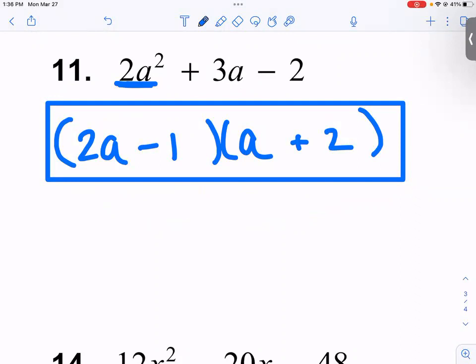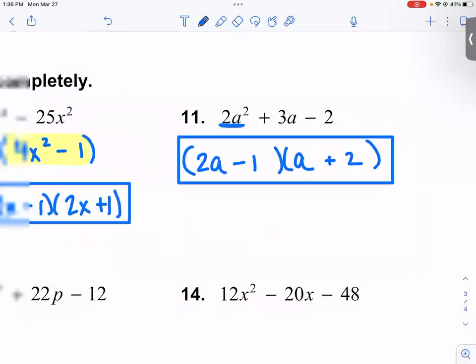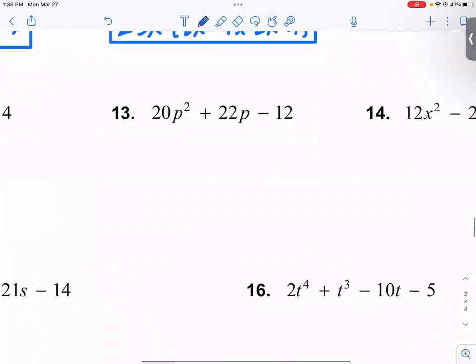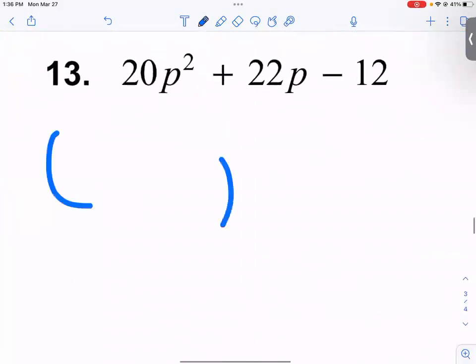If you don't check to make sure the GCF is factored out first, like number 13, if you just start going like this and try, you're gonna have a heck of a time. In number 13, you better be factoring out the GCF of 2. I mean, it's not a big one, but it's something, okay? Before you continue. Okay, your homework is